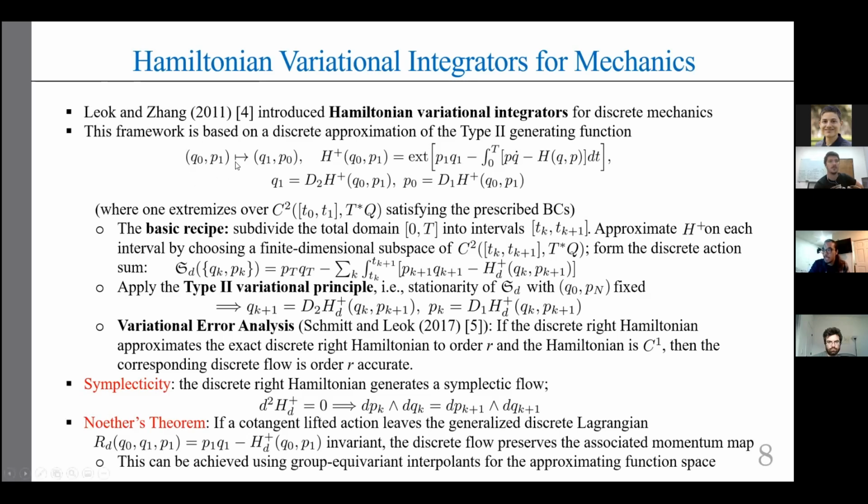So instead, we're going to think about it as a map from Q0, P1 to Q1, P0. The reason type 1 generating functions aren't great in numerics is they don't work for degenerate systems. So that's kind of the reason you use type 2 generating functions. So essentially what we do is,